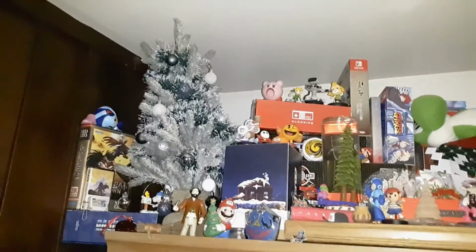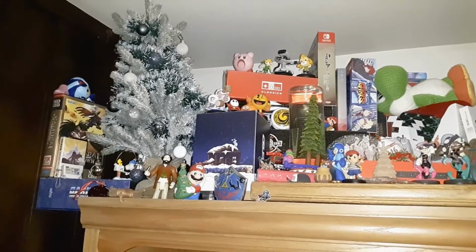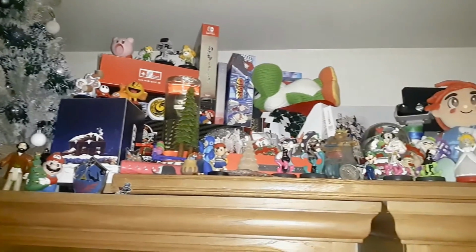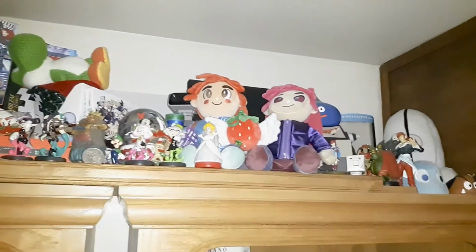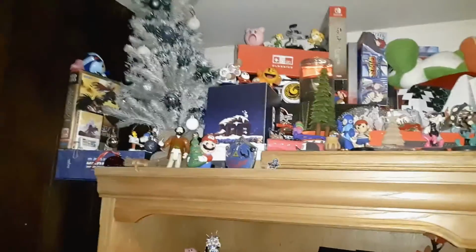So up here at the top, I've got my primary display. And I guess the nice thing about having a bunch of collector's edition boxes and holding onto your mini console boxes is that it looks great when you're trying to do holiday themed decorations. I'm pretty pleased with how it looks up here. There's a few snow globes. I've got a tree that's got a bunch of ornaments on it. But it really feels festive up here. Like there's a bunch of gifts and everyone's happy, and I've even got